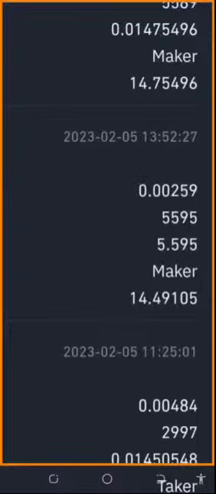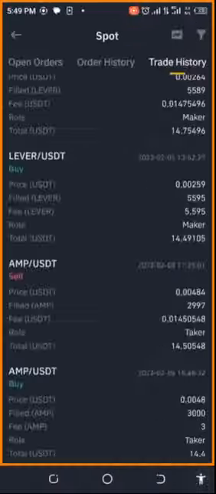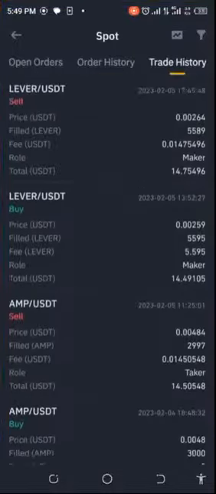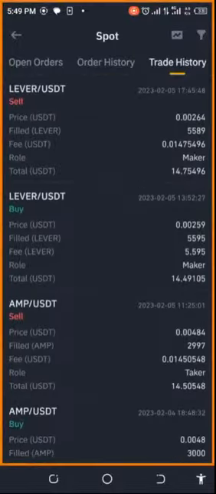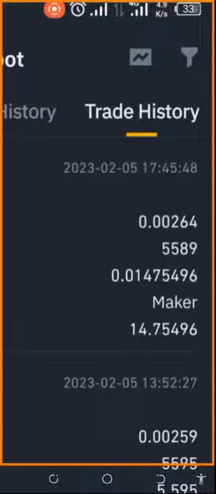2590, that's 0.002590. I could have actually done 2565 or 2570 because it actually went lower than that. If you take a good look at the trade, you would see, I'll show you in the chart, that it actually went lower. Now we put it at